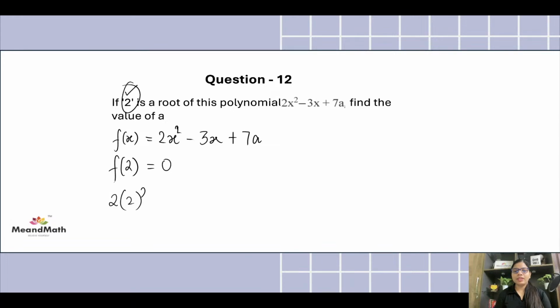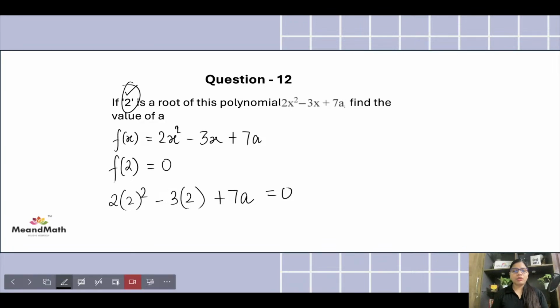2 squared minus 3 with the 2 there plus 7a, and it is 0. When substituting 2 there, it will be equal to 0 because 2 is the root of the polynomial. So once again, the concept it is following: if x equals a, the root of the polynomial, like if it is written that a is the root of the polynomial